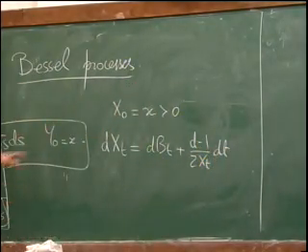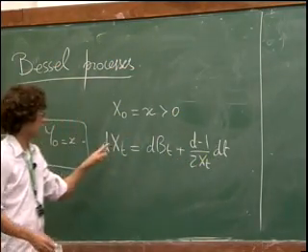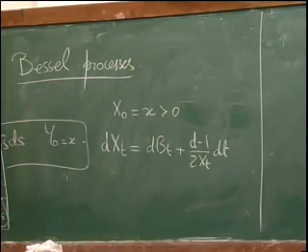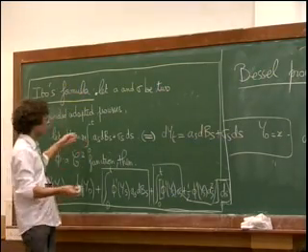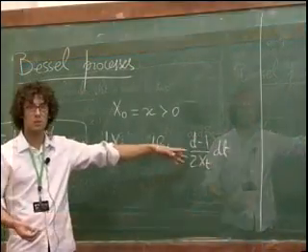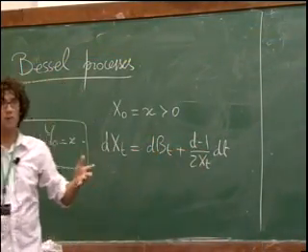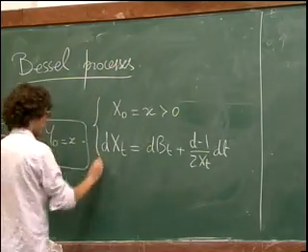Such that this thing satisfies exactly that. So the X_t is on both sides of the equation. But it only means that when you look at it as an integral, X_t is equal to x plus the integral between 0 and t of dB_t plus the integral between 0 and t of this. So it's not completely obvious that it exists, but trust me, it does. And that's the Bessel process